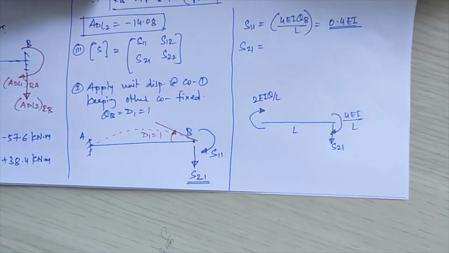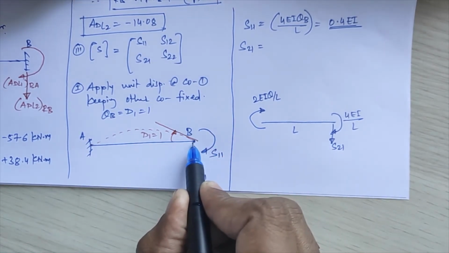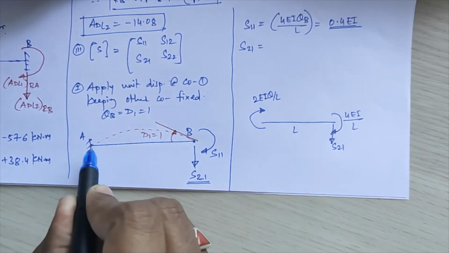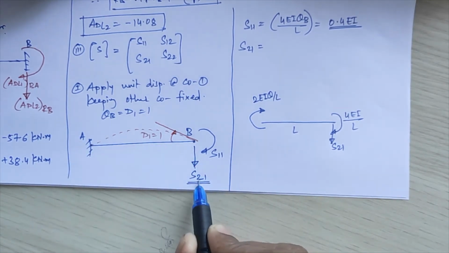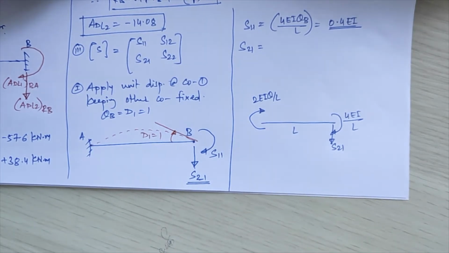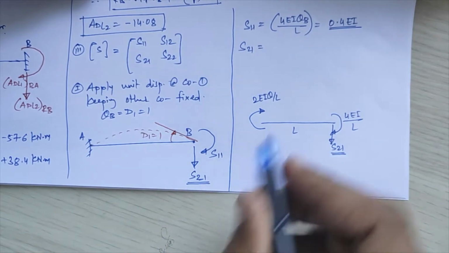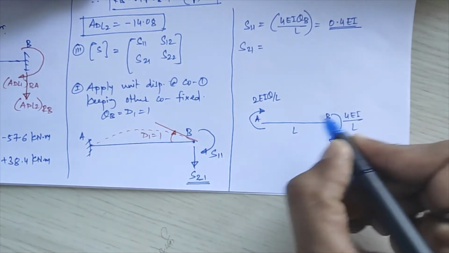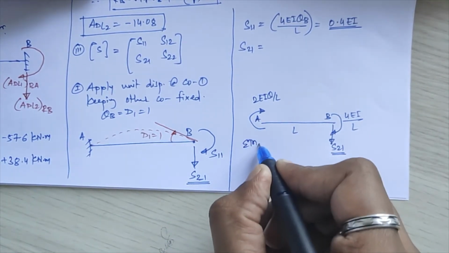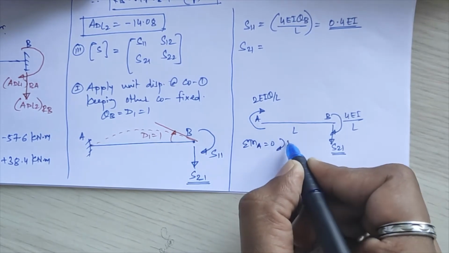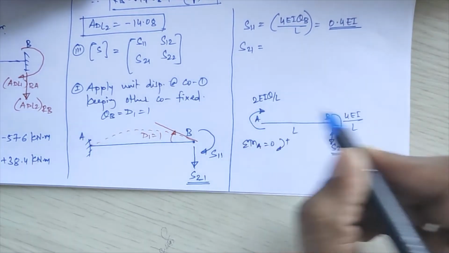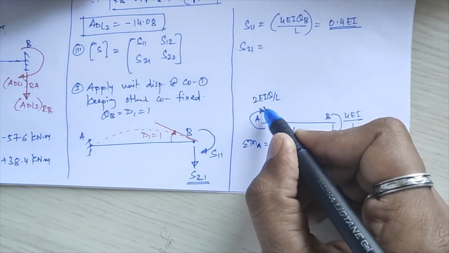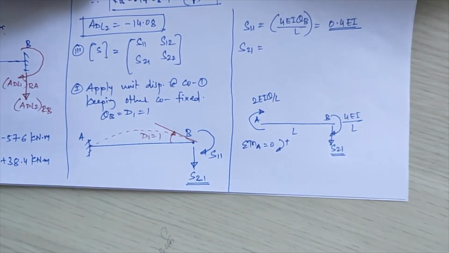So this is your geometry. This will be subjected to near end rotation 4 EI theta upon L. This will be subjected to far end rotation 2 EI theta upon L, and length is given to you, and for S of 21 you do not apply the given loadings in this diagram. Okay, so here you have to calculate S of 21 value. So for that what I'll do, point A and point B, I'll take moment at point A is equal to 0, treating clockwise moments positive. This you have to assume always in a clockwise direction. If this is clockwise, this will also be clockwise in nature. I have told you in your first unit slope deflection equations.